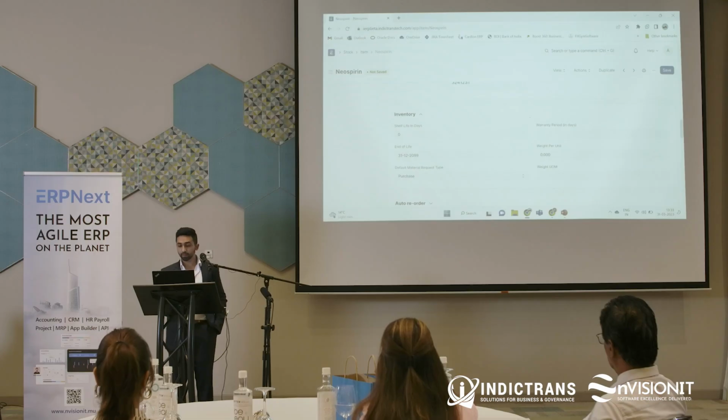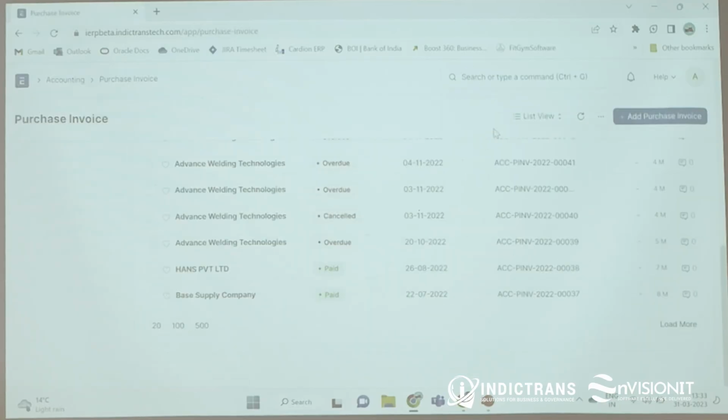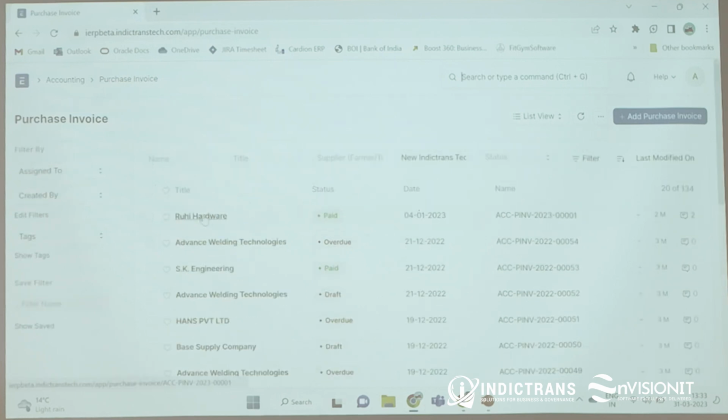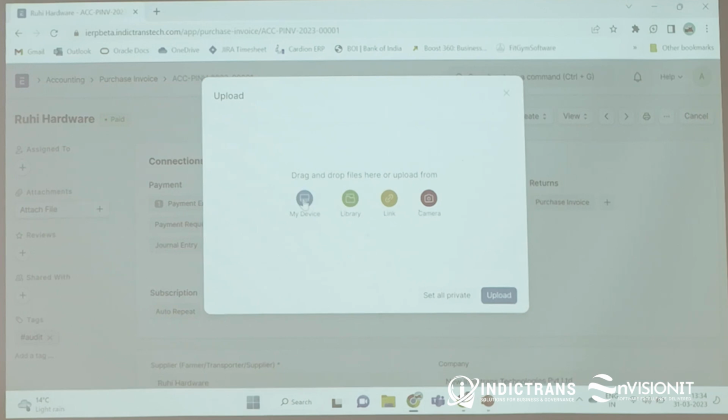Do you have any functionality in terms of document management? Like, I have a hard copy invoice, I want to load it on the system? Absolutely. So let's say your supplier sends you his invoice and you also want to track the soft copy of that invoice for audit purposes. So along with entering the invoice in the system as a form, you'll see on the left side there's an attach file button, right? You click the attach file, you can go ahead and pull any file you want, for example,